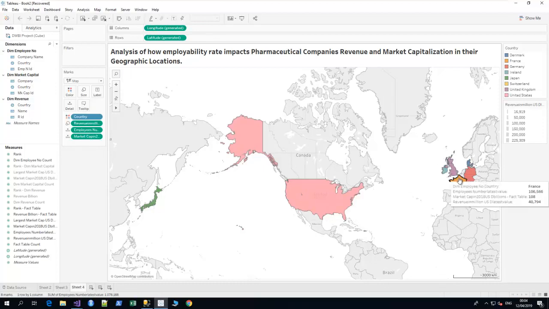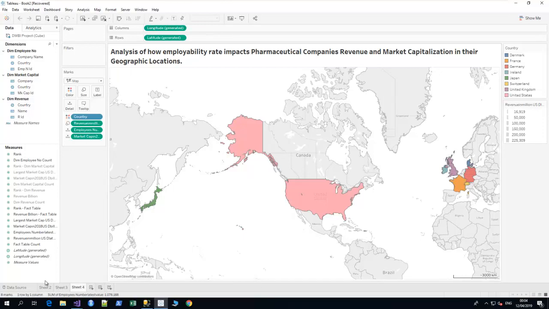So we can see they have their latest value of employees is 394,155 compared to all other countries such as France, Germany, Denmark, the United Kingdom and Ireland. Ireland has market capital of 51 billion and revenue of 20 million, and we can see that their employee numbers are low, that is 28,200. So if countries like this could increase the rate at which they employ professional workers in the pharmaceutical industry who can bring in innovation and discovery of new drugs, then they would be able to generate more